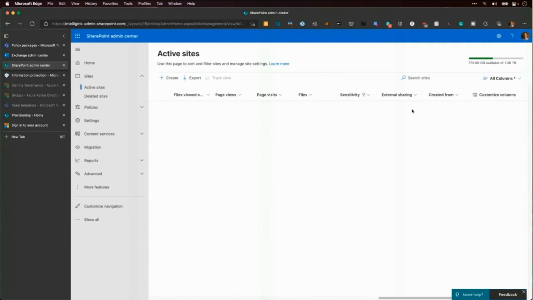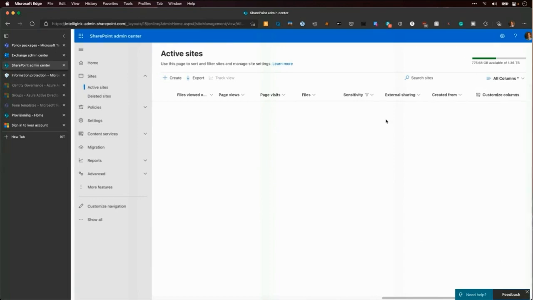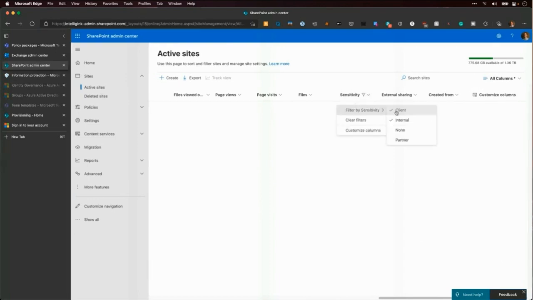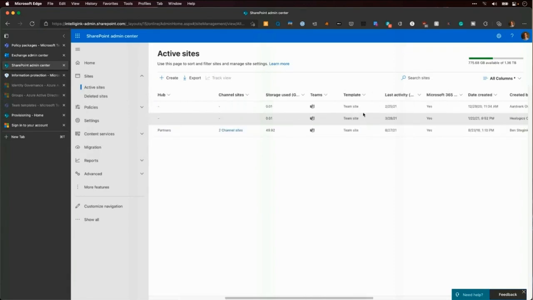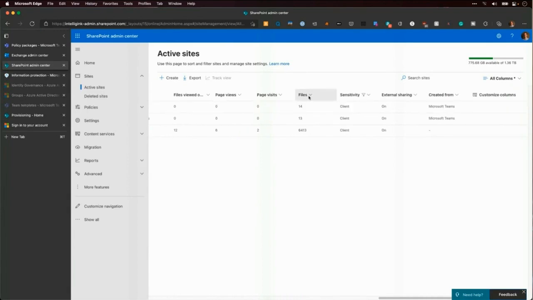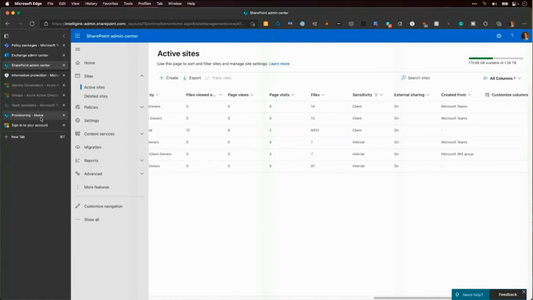Filter by client. I know I should have some there. Or it's just going to completely fail on me today. In theory, that should work, to go in and look at my SharePoint sites. I don't know why that filter. Oh, it was the hub. See, I had an extra filter running on there. There you go. There's some client sites that now have that particular sensitivity label on them. And now I should be able to have some internal sites in there as well. So I can identify those sites that have certain sensitivity label settings.